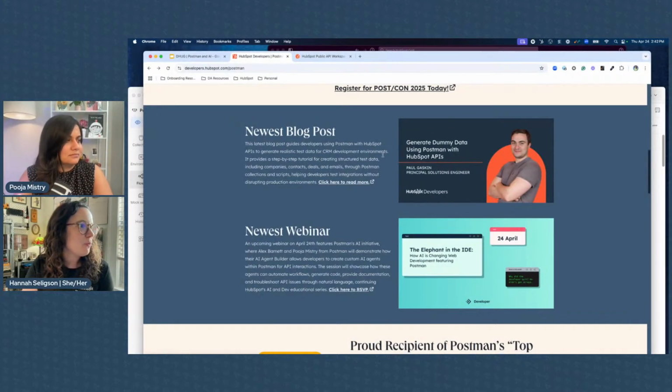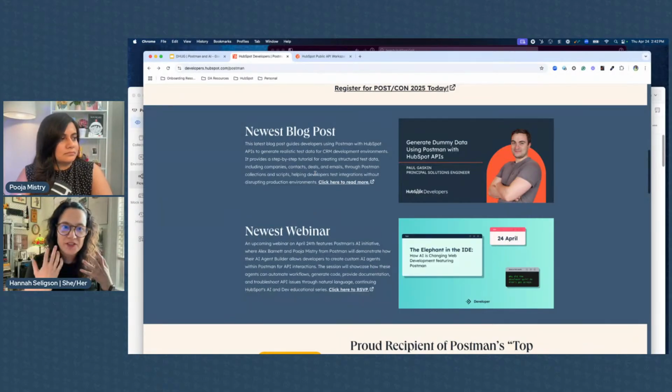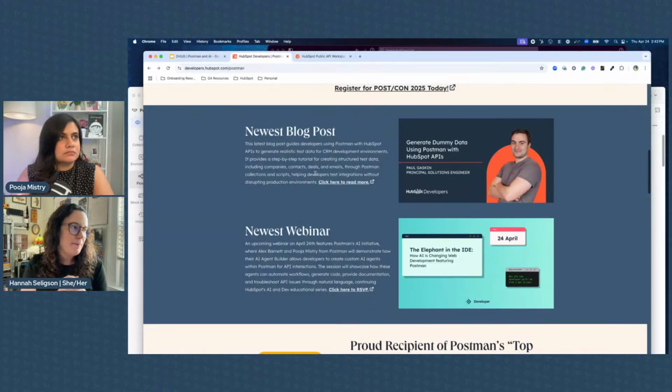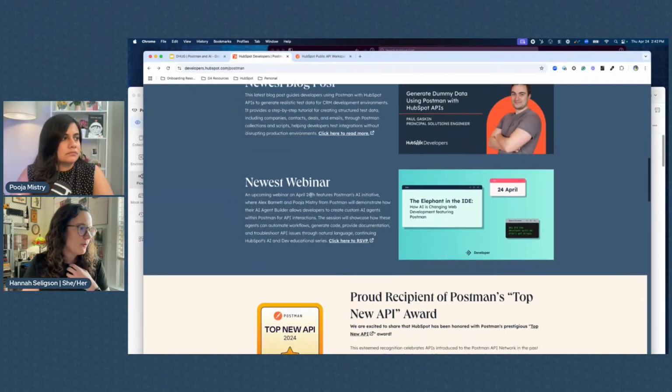So for example, one of our solutions engineers, what was interesting from a sales perspective is that you don't have to be super technical to use Postman, which is really nice. He was building dummy data for sales pitches, like demos that he was providing. So I think not just folks on your team could benefit from this, but other folks could too. He's using a collection runner, and you're able to export that data. And it's just really helpful.